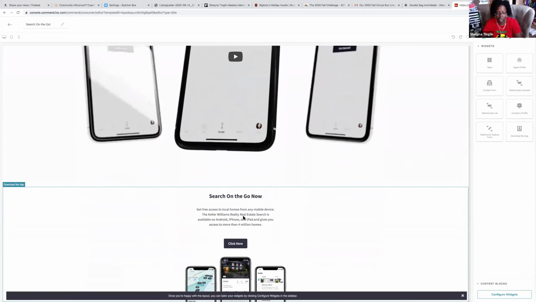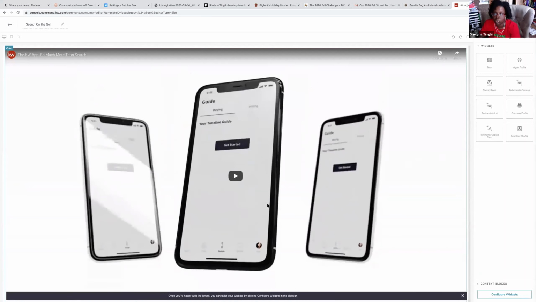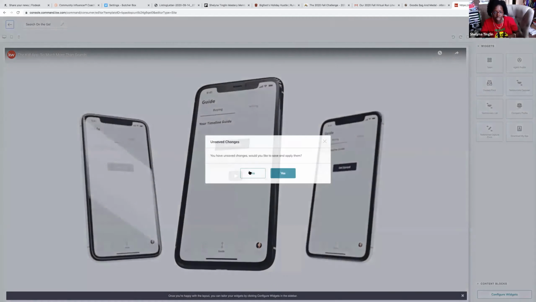And then when they click on that, there is my actual app. So you can advertise this, and the video is gonna play right wherever you advertised it, and that's it. So you can actually take this video, like say for instance, you want your database to download your app, take the URL for this video, go back to the email portion that we just did, and put this in that